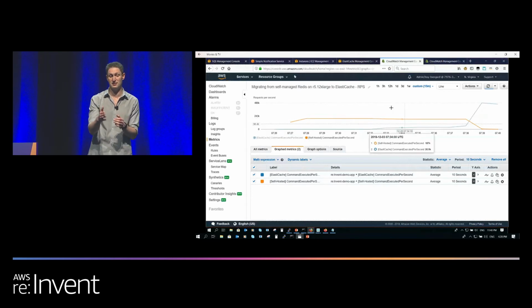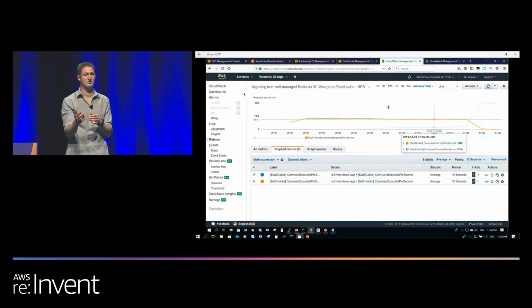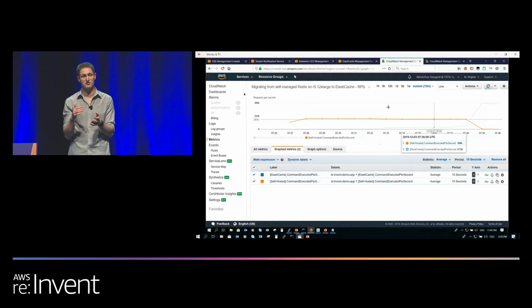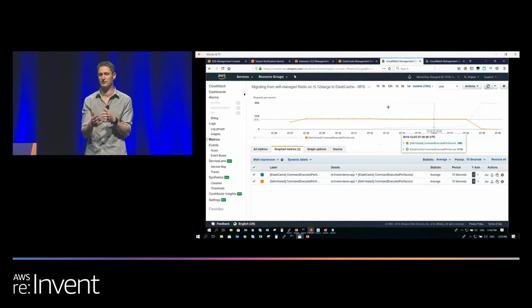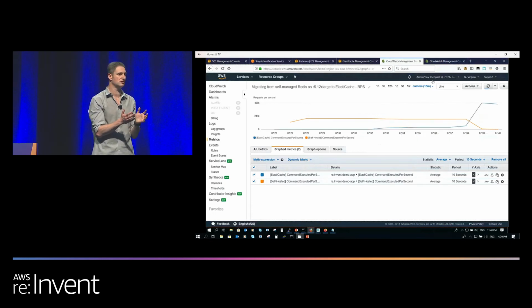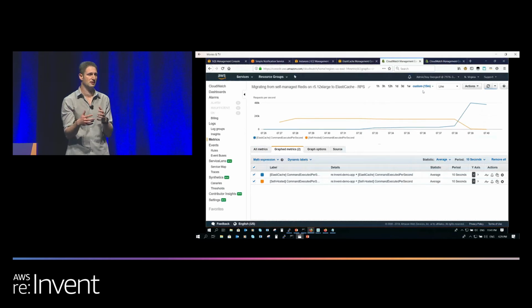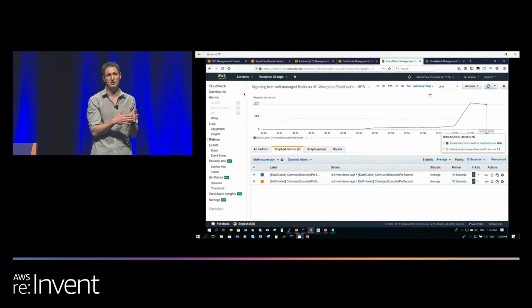Then later on, we started the migration. As you can see, about 20% of the traffic is going to ElastiCache, as you might expect. But what's interesting is once we complete the migration and we start sending benchmark traffic to ElastiCache, you see a huge increase in traffic. So you don't only get all the fully managed capabilities and functionality and the security and everything we talked about with ElastiCache, you also get significantly better performance using the same instance types and the same client load generator. That was pretty cool.